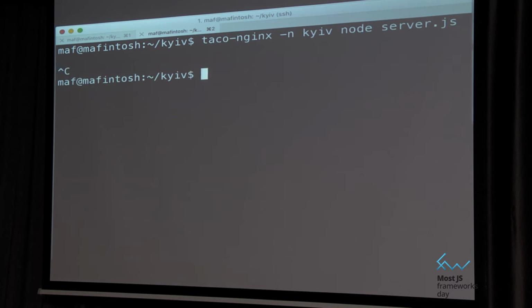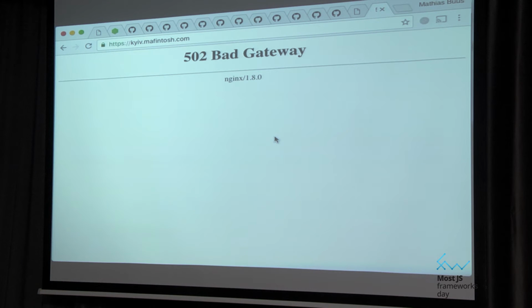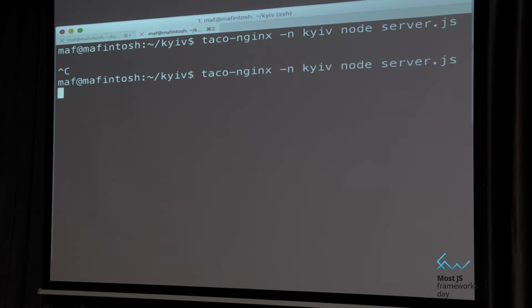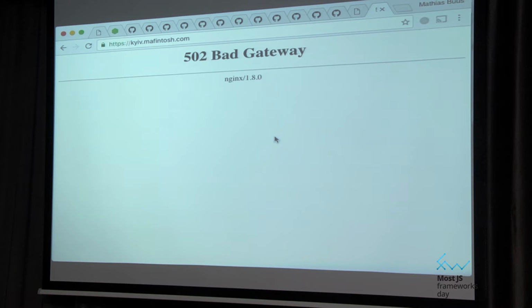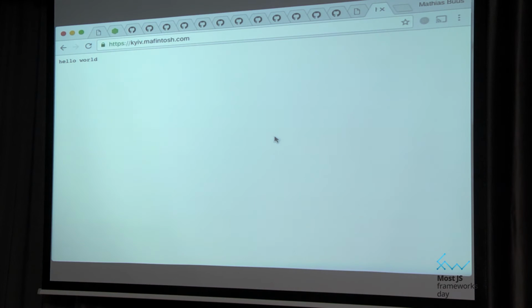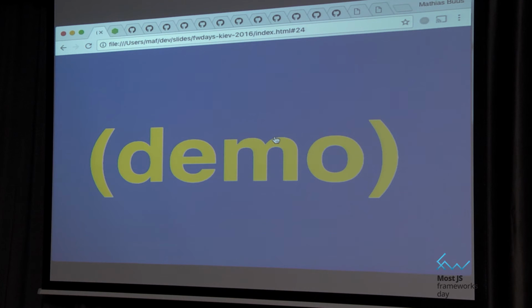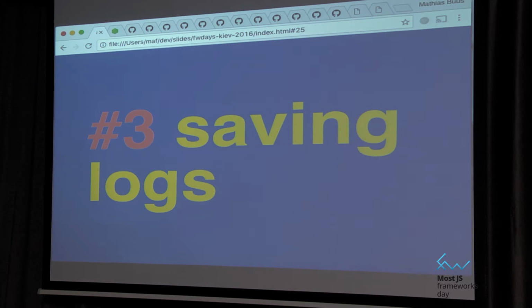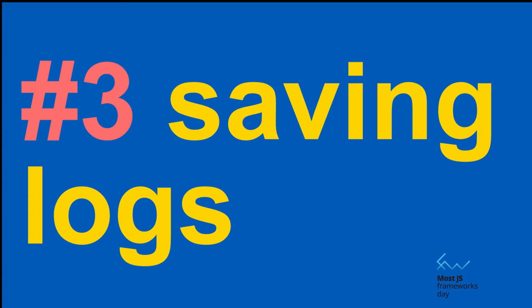So that's pretty nice. I like that a lot. And if I turn this off now and go to the site, I get this cool Nginx error page. But then you can just go and turn it on again, and we'll be back. So that's pretty nice. It's a cool module. All right. So let's see how we're doing on time. Okay. So we can restart apps using modules. We can deploy behind Nginx using modules. That's cool. All in a couple lines of code.